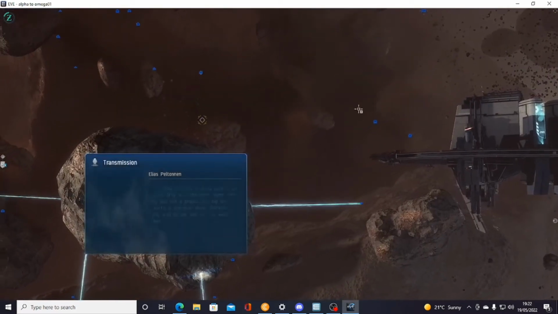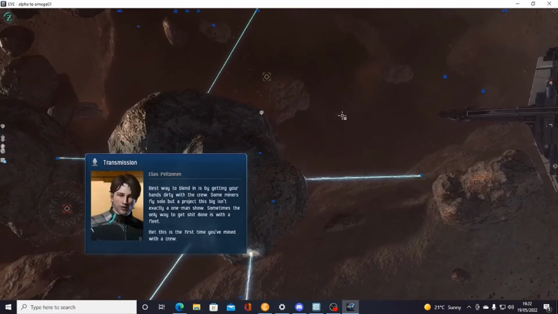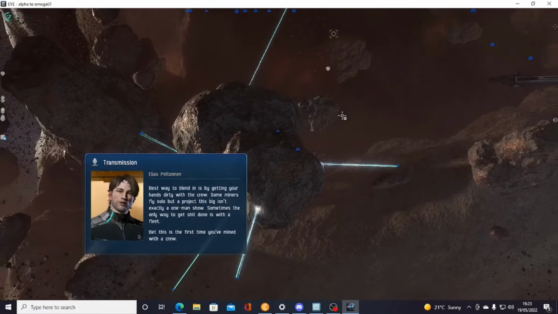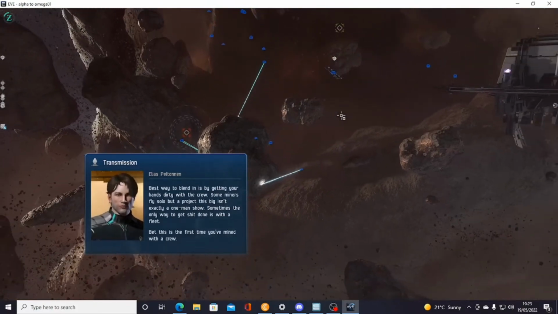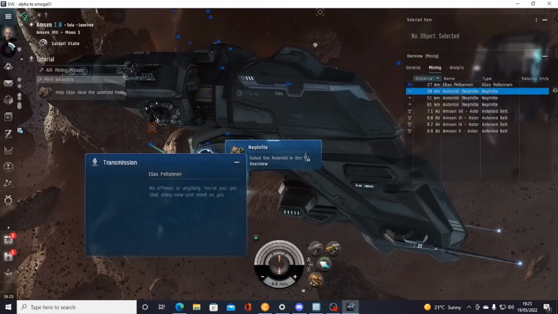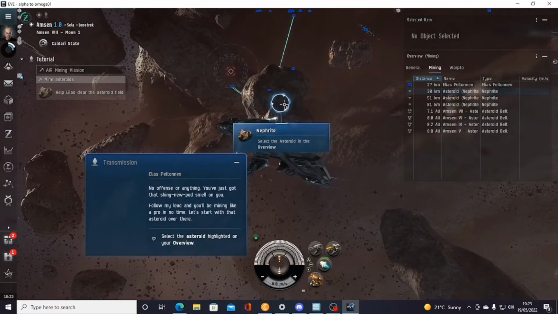Best way to blend in is by getting your hands dirty with the crew. Some miners fly solo, but a project this big isn't exactly a one-man show. Sometimes the only way to get shit done is with a fleet. I bet this is the first time you mined with a crew. No offense or anything, you just got that shiny new pod smell on you. Follow my lead and you'll be mining like...